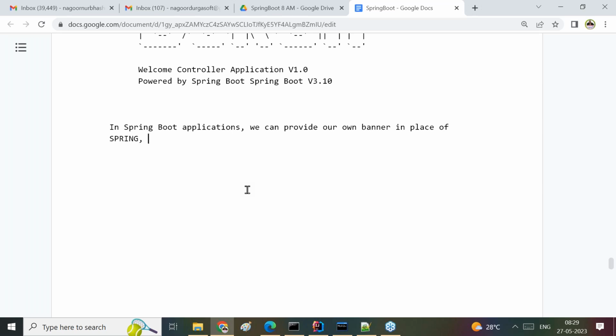But here we have to prepare a banner.txt file with the new banner. That's okay. Now this is normal up to now. But the point here what I'm telling is in this context,